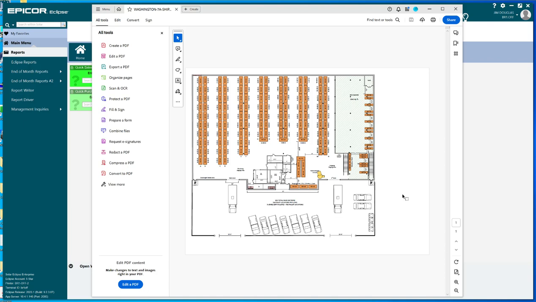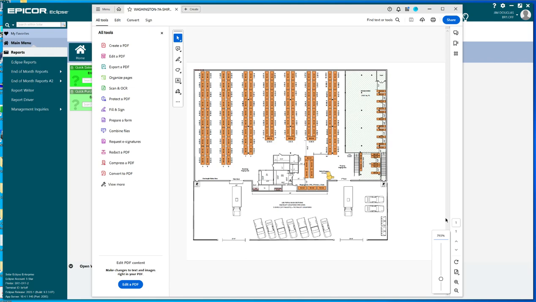The other thing that you want to do, as you'll see in this map here if I enlarge it some, is assign bin locations, and put those bin locations in Eclipse and have all your products assigned to bin locations. Have your primary, secondary, and floating locations, your master wire reels, and all of that good stuff, because